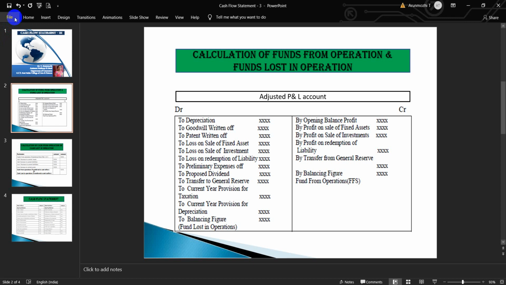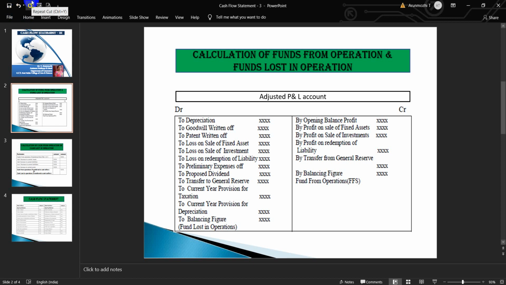Profit of a period is a very important source of funds. The profit and loss account reveals the net profit or loss of a business. The net profit is arrived at after taking into account all items of income and expenditure, both the operating and the non-operating expenses, both the fund items and the non-fund items. To arrive at the funds from operations, adjustments are made in the net profit for non-fund and non-operating items. Now we go for the calculation of funds from operations.